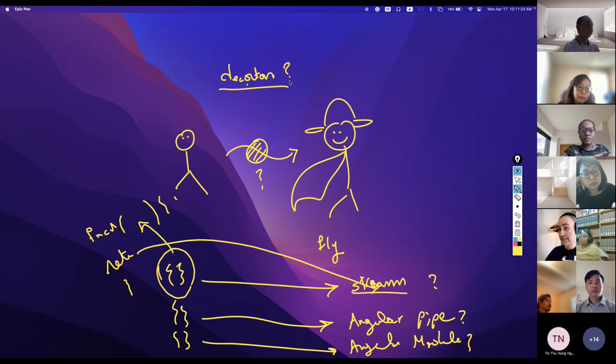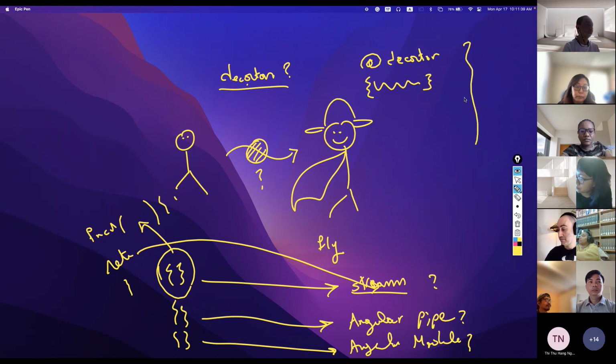And the decorator syntax comes with an @ sign and then the decorator name. And then whatever comes after the decorator is the object that you want to decorate. Decorators, you probably studied in other programming languages, and they are called